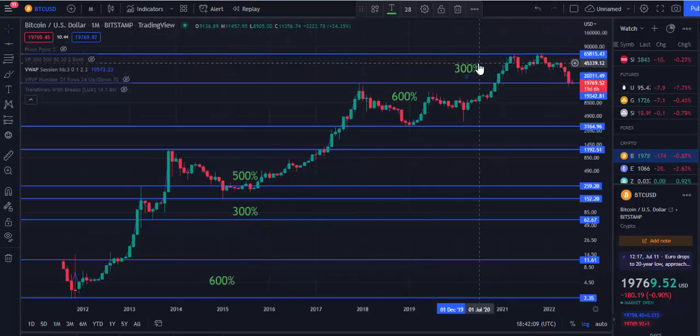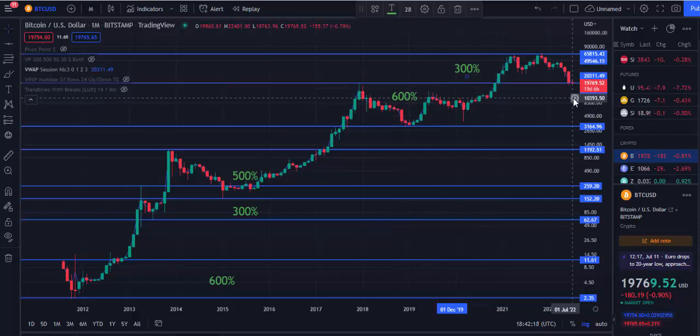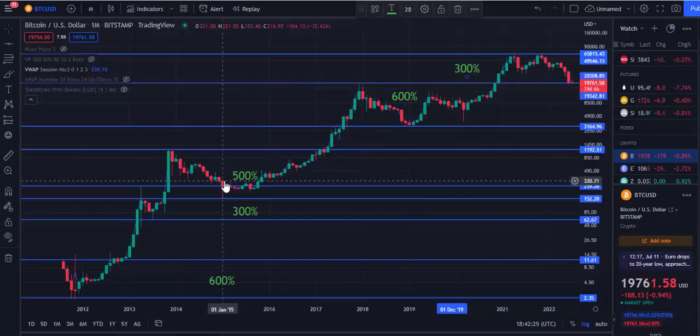Let's assume if we are able to do this 600%, we can go as low as 10,000. If we are to do that 600% plus, we are at 6,000. But if we are to do like 500 and the rest, we are going to see like 13,000, 14,000. So just prepare your mind for the worst, and it is better. But this doesn't mean that you should go and sell your Bitcoin at a loss. If you sell at a loss, you are selling to waste.